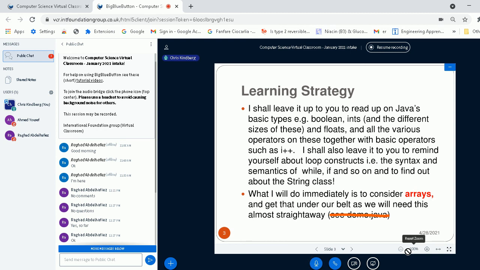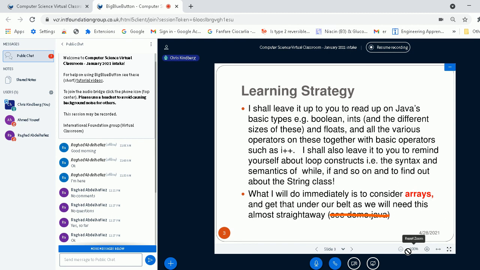Look up the basic operators such as i++, which represents the value of i plus 1. Remind yourselves about loop constructs like while loops and for loops, their syntax and semantics, and find out about the string cast.